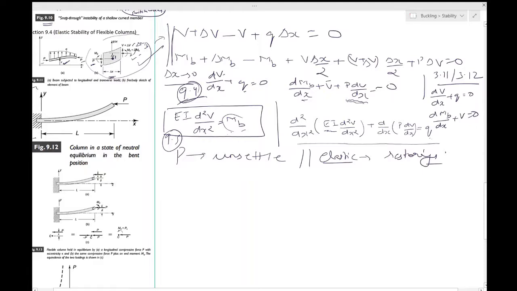Okay, so we want P to be such that it is at that border between restoring and upsetting tendencies. Okay, so we want that to be at this critical value. Now in figure 9.12, we assume that the critical load is acting. So now P is critical,